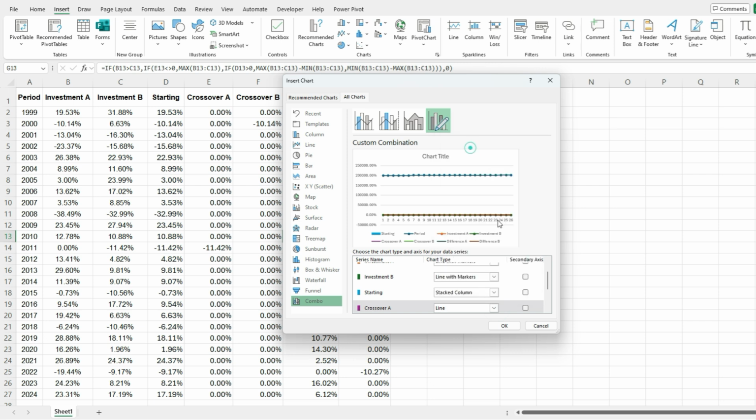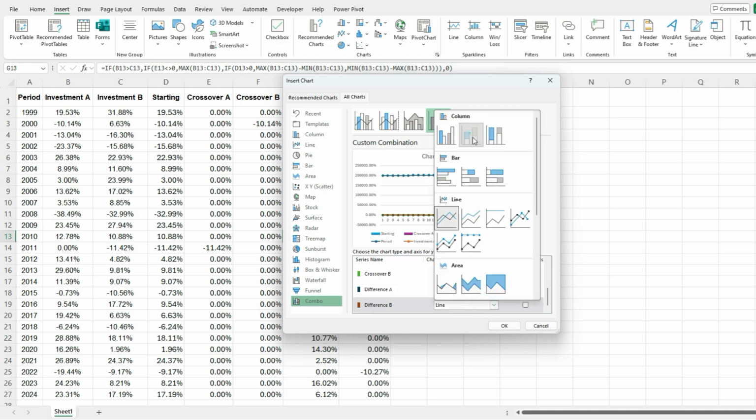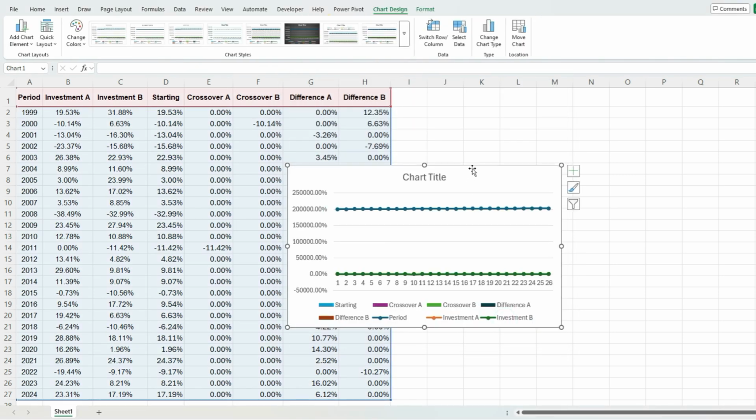I don't need to put these on a different axis because I want them to be the same, so that their values all line up and the gaps line up accordingly. So everything's a stacked column. I'm going to hit OK. And right now this chart looks